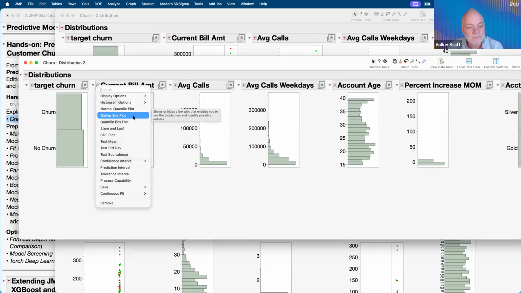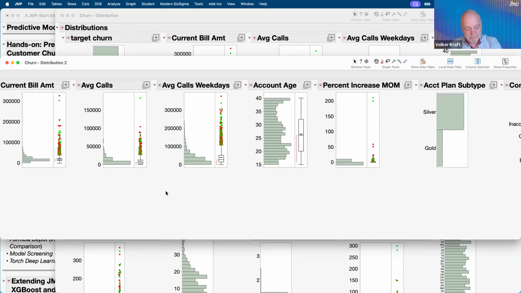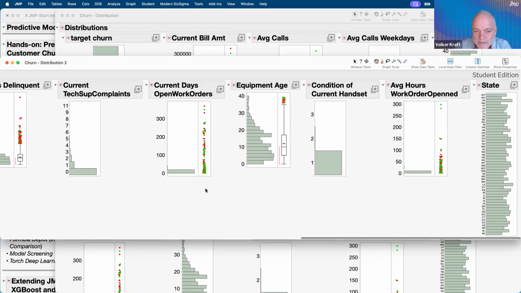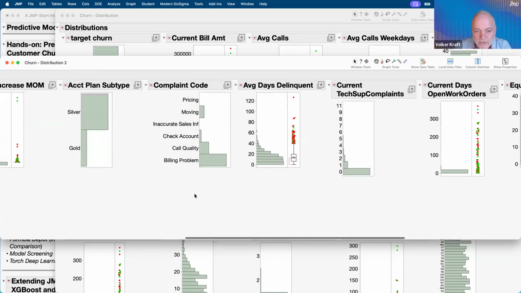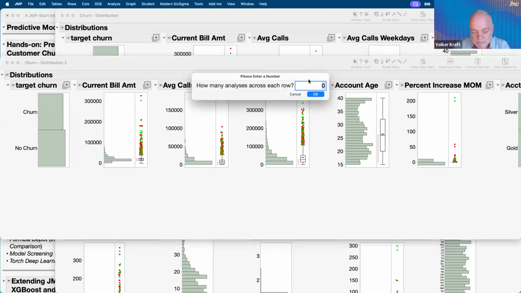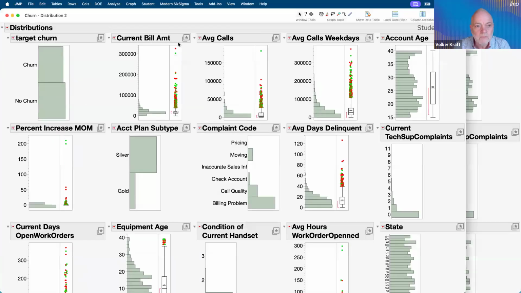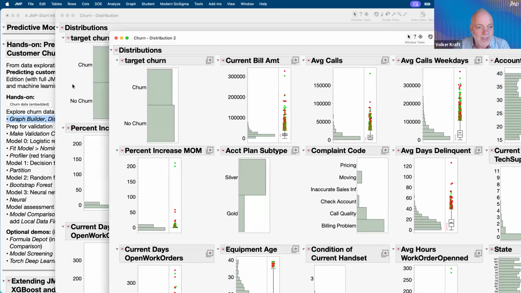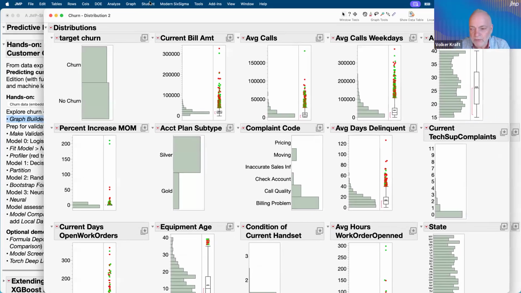That's the option. I add this, and then because I pressed the key, it's done for all the variables where this can be applied automatically. And these are all the continuous variables. And then the final step would be to arrange this, maybe having 5 distributions per row, and then we have the same output